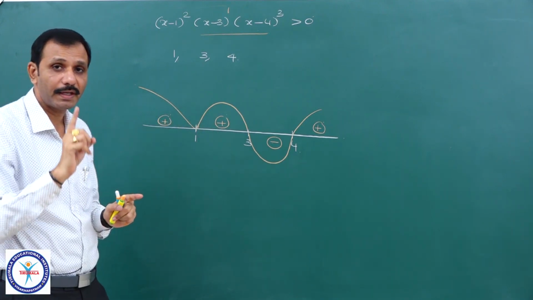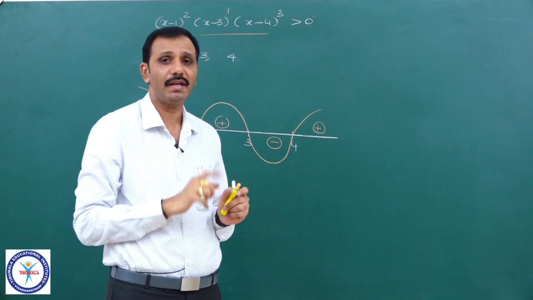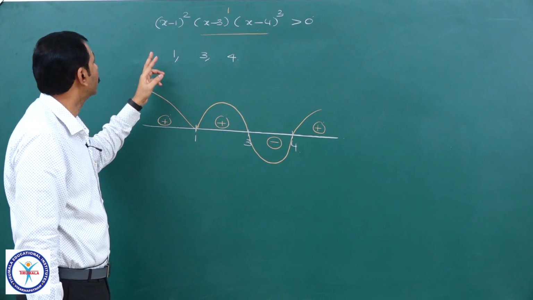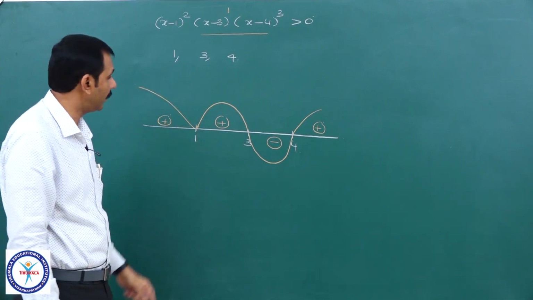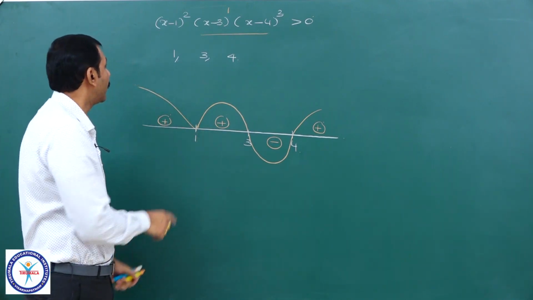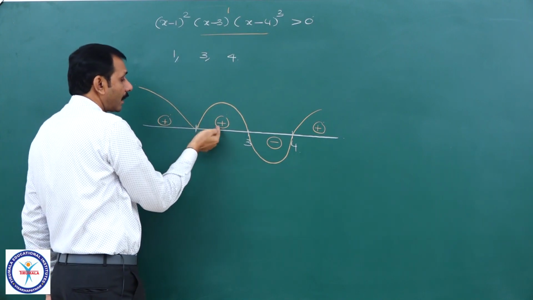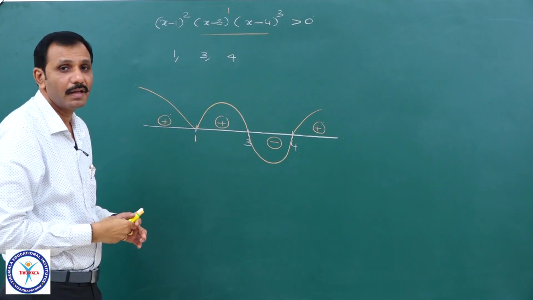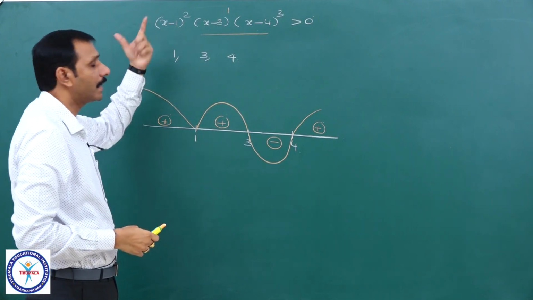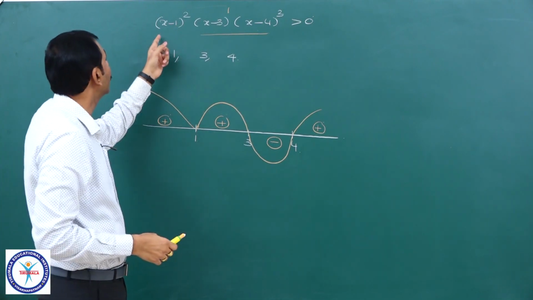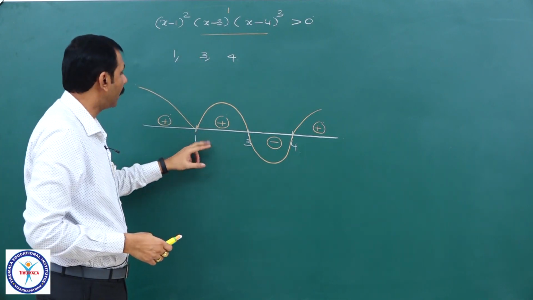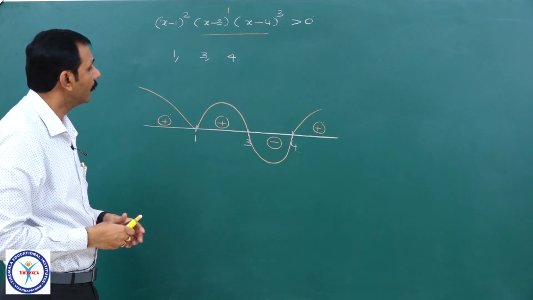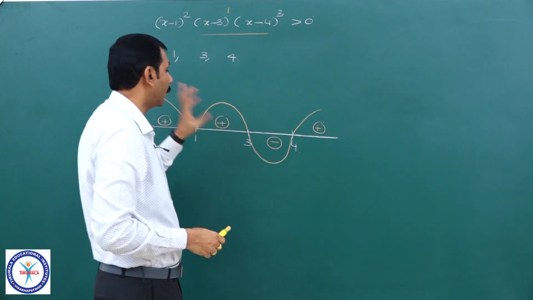That point you need to understand very carefully, and it is not a very tough thing to understand. It is a very easy thing only. Because of even power, whether you take the right side or the left side, the sign will become the same only. Even if it is less than 1, because of the power it will become positive. Greater than 1, obviously it is positive only. This is the sign scheme. It is the wavy curve when you draw that one.